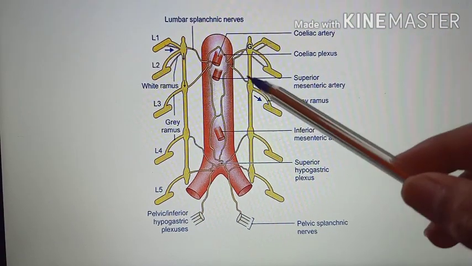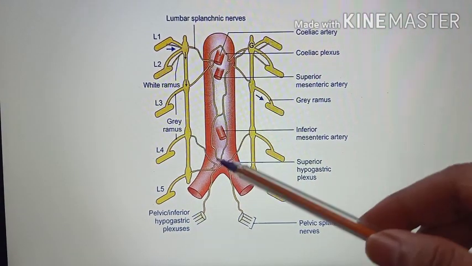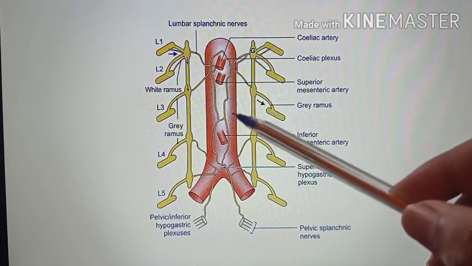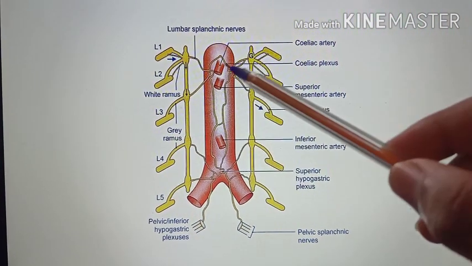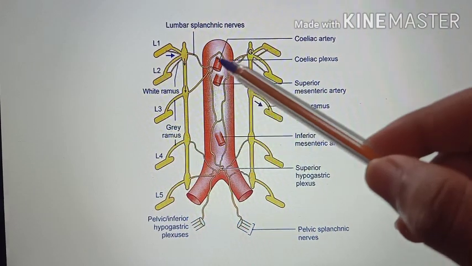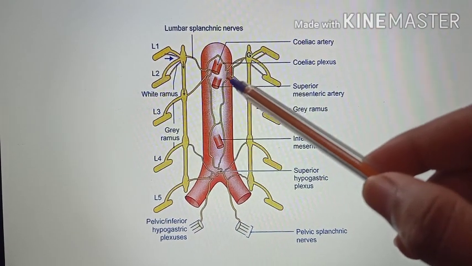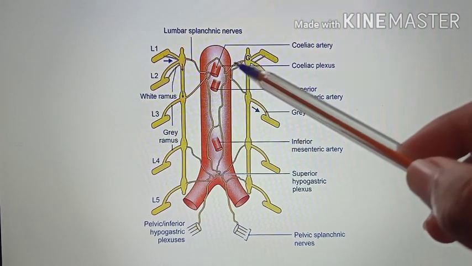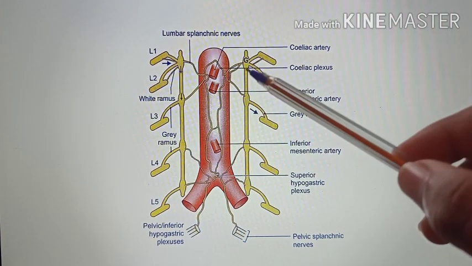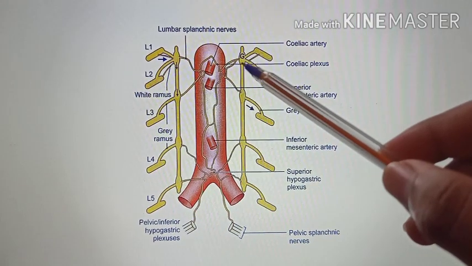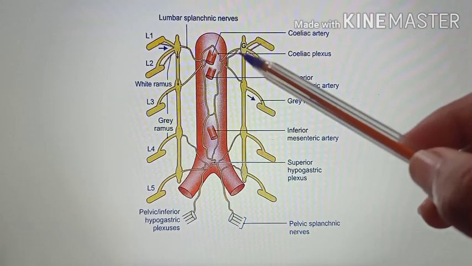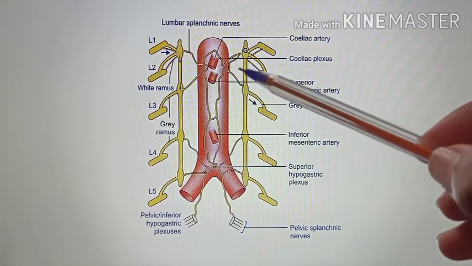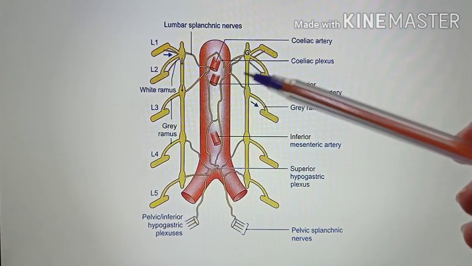In this picture, this entire thing is the abdominal aorta. Here you have the celiac trunk, superior mesenteric artery, inferior mesenteric artery, and these nerves present here are called the celiac plexus. You can see on both sides, the left and the right, there is a ganglion called the celiac ganglion. You can just remember this picture. These ganglia we will see in the coming slide when we study the other relations.